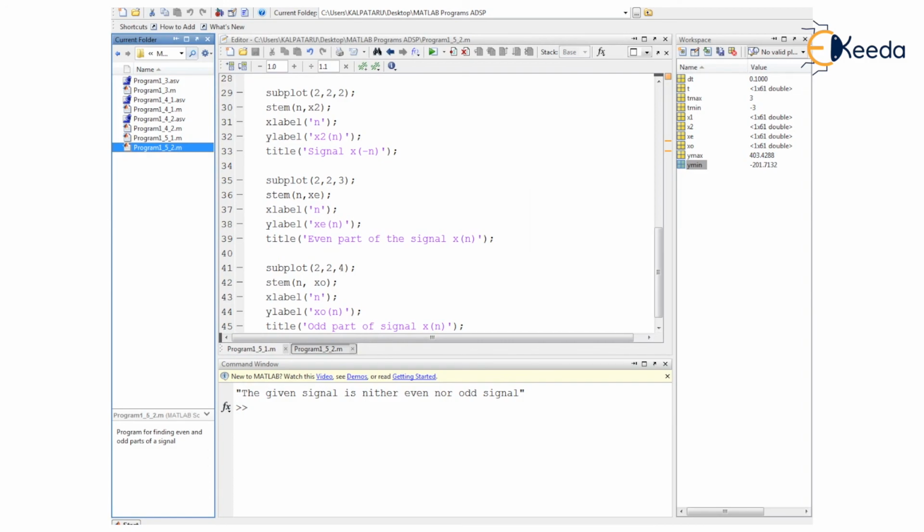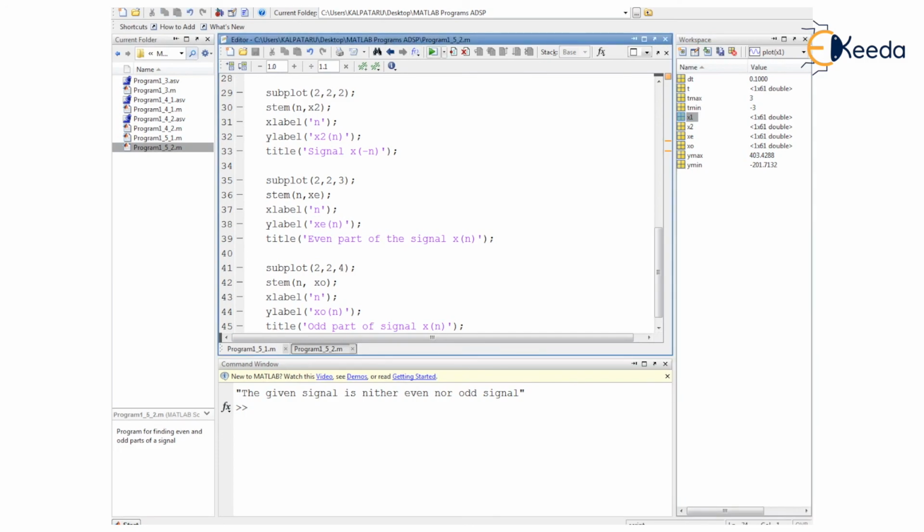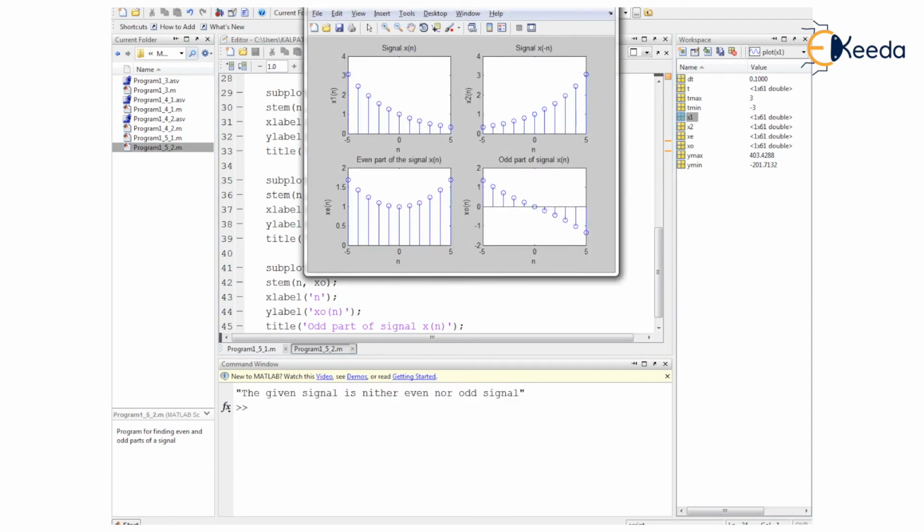These are the variables from the previous program here. Now let us have execution of the current program. So let us run this particular program. As I run this program, we have a display of the MATLAB window having 4 cells here. Now in the workspace on the right hand side, first of all you check the variables, the new variables that we have generated while programming this current script here.